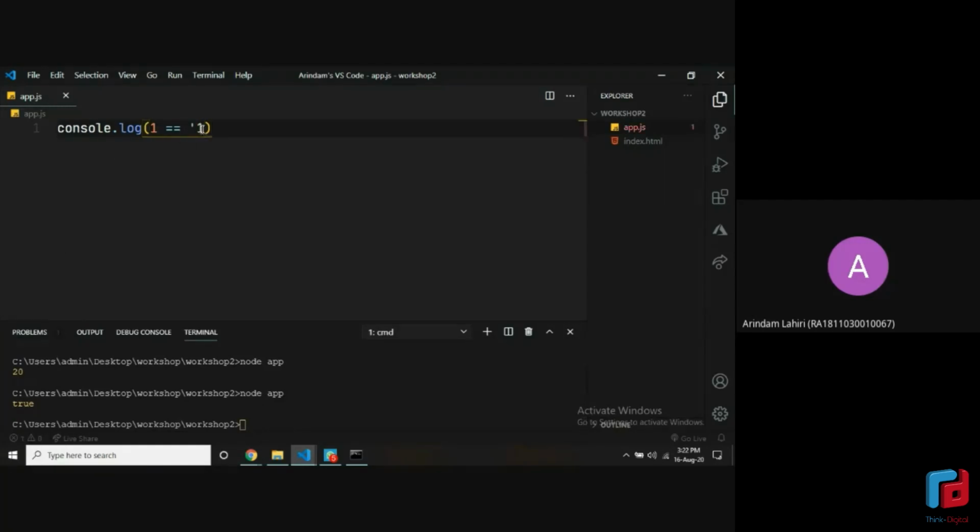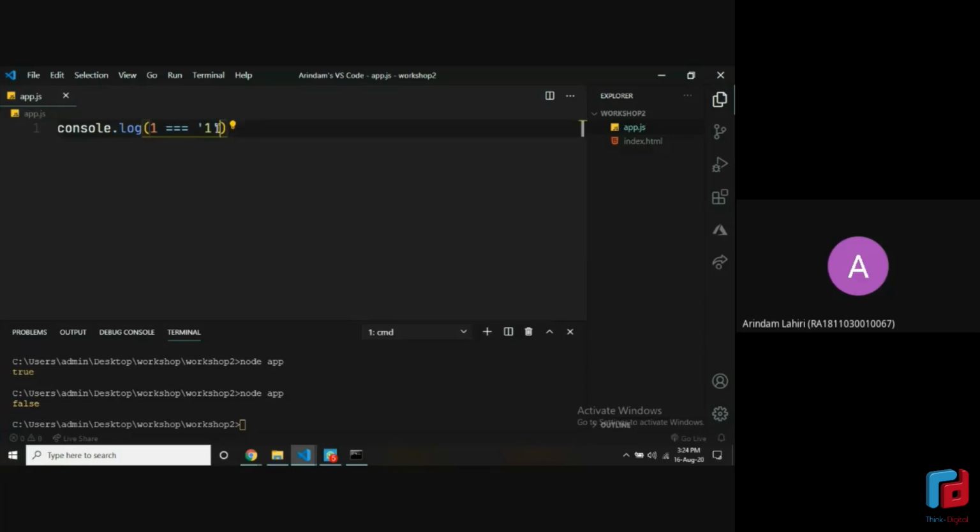Now let's put quotations around this. In JavaScript, that's how equivalency works. When you are using only double equals, it only checks the value of the LHS against the RHS. It does not care about what the type is. The variable type comes into play when you're using triple equals. When you use triple equals and run the file, you will get false, because with three equals the compiler checks the LHS and the RHS, the value as well as the type. Right now the value is 1 on both sides, that's okay, but this is a number and this is a string.